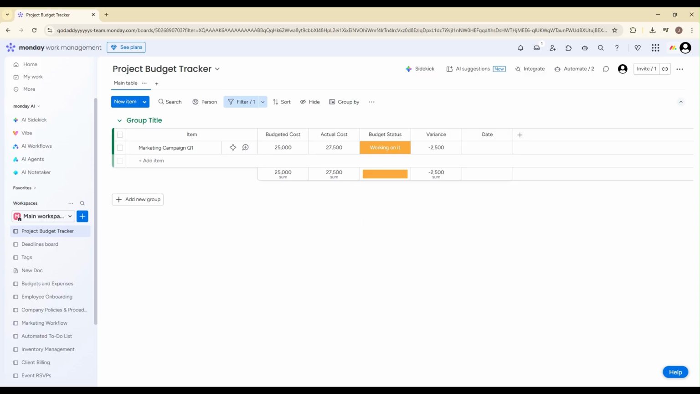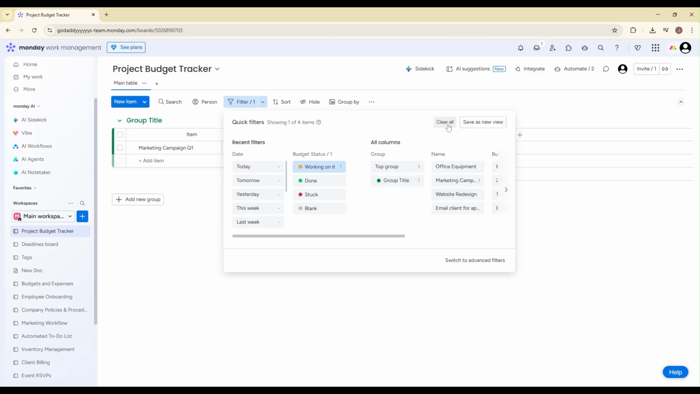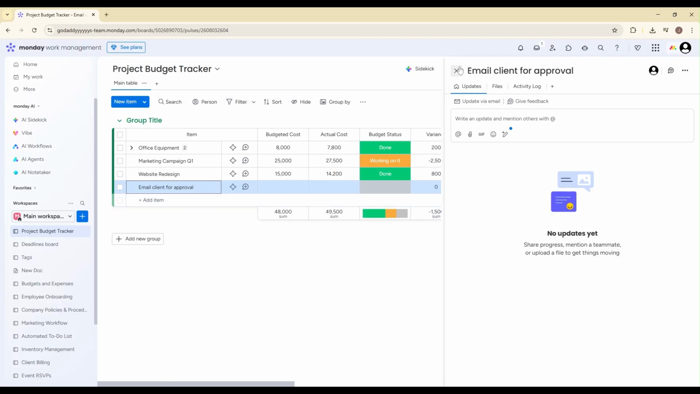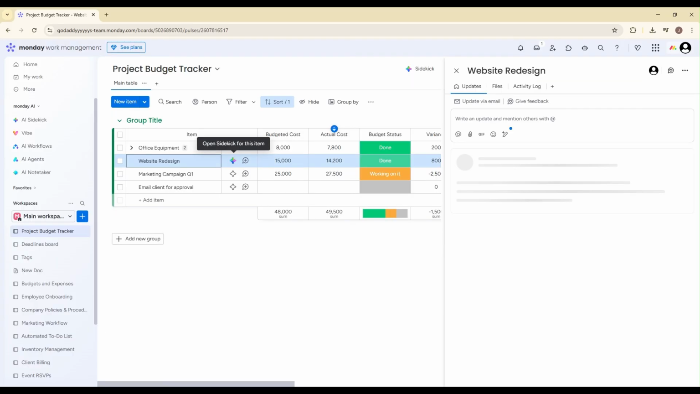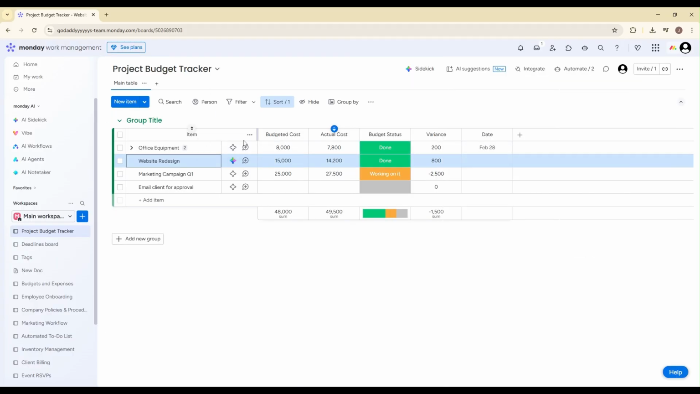Now let's move on to sorting. At the top of the board, click on the Sort button. Sorting allows you to organize items in a specific order based on a column. After clicking Sort, choose the column you want to sort by. For example, you might select the Due Date column. Then choose the order, ascending or descending. Ascending will typically show earliest dates first or lowest numbers first, while descending shows the latest dates or highest numbers